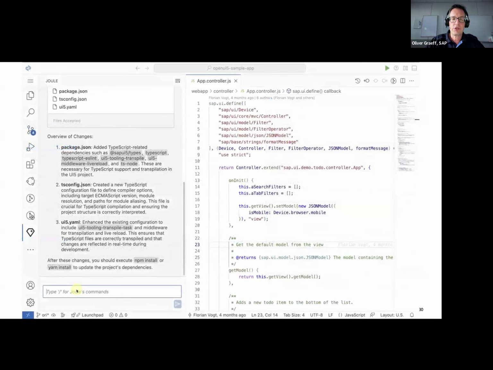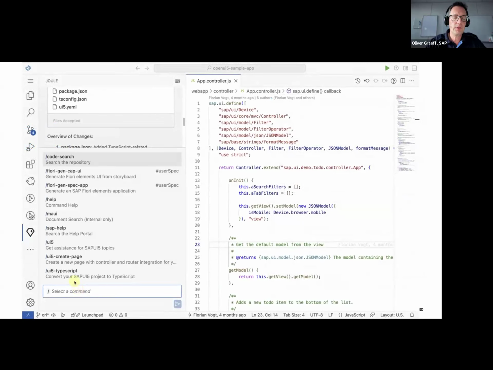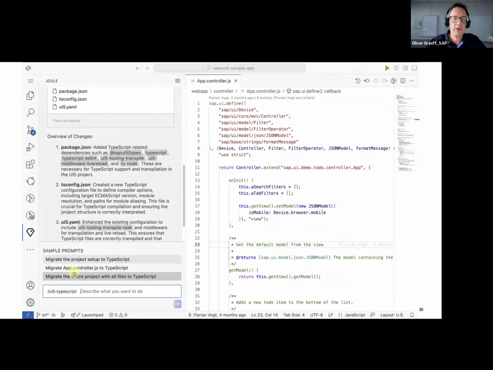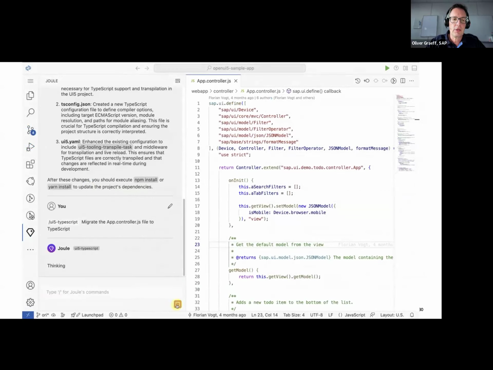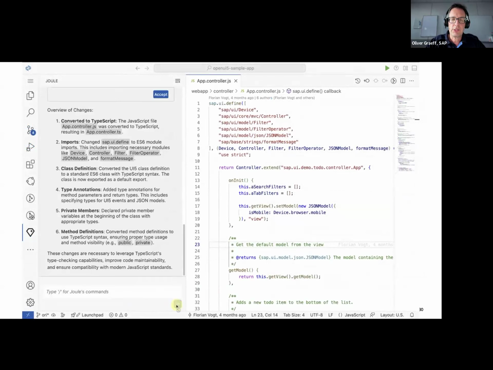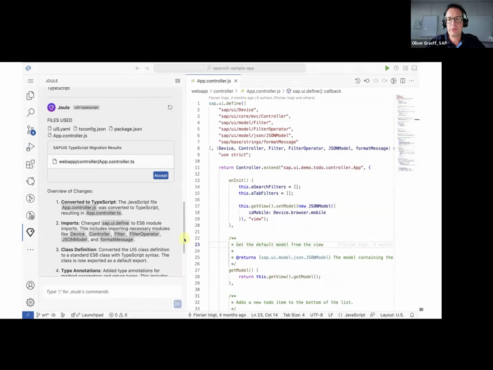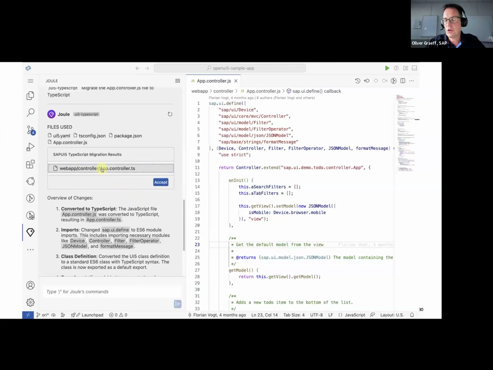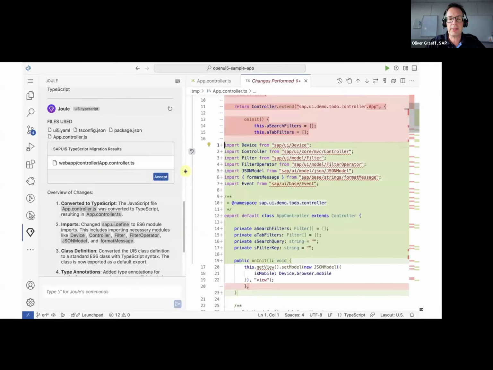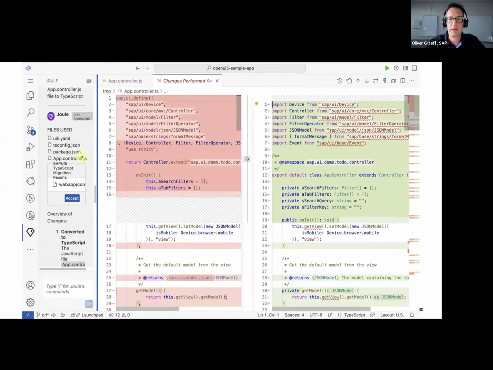Again, I have a short video. You see an application here which is using JavaScript, and you see on the left now Joule changing the project setup to TypeScript, and then changing the controller you see on the right here to TypeScript. So this is helping to have the types which help you, for example, for code completion and for syntax checking at design time. And you can see what was changed towards TypeScript. And this is what